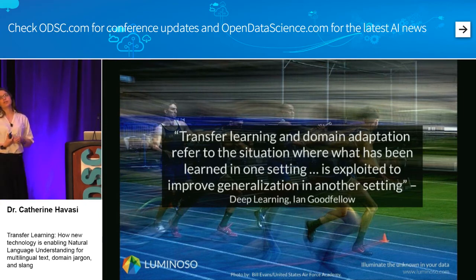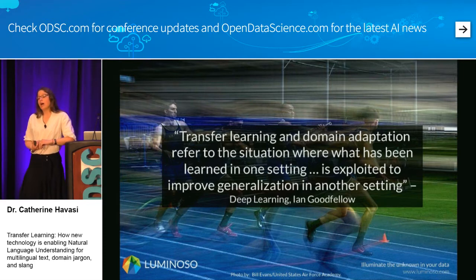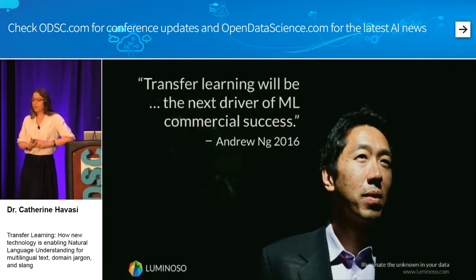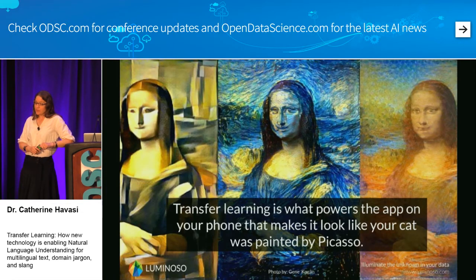I think that transfer learning is considered something really new. I've been working on it for a long time. It's really gratifying to hear other people talk about it. It's really gratifying to hear a lot of people in ML really pick up on this. The slide I didn't put in here is sort of the increase in Google searches for it recently, which is really exciting. So you probably all run into transfer learning whether or not you know what it is. So transfer learning is really what makes your selfie or your picture of your dog be able to look like Picasso or any of those other artists, all these filters that you see.